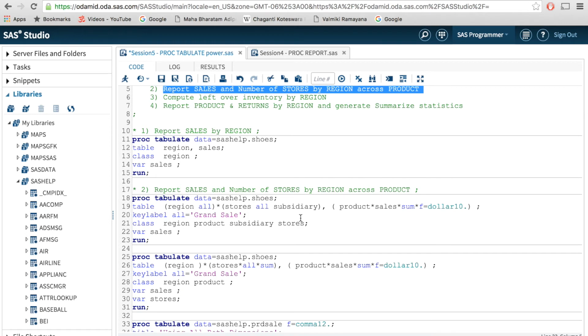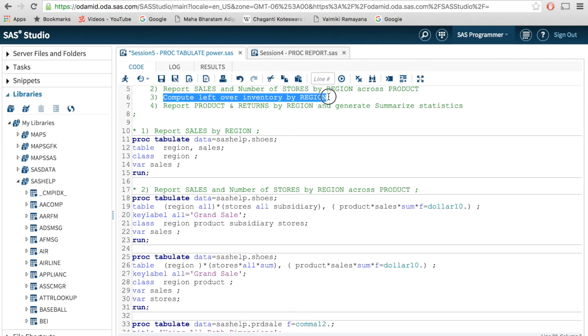We don't need all these subsidiary stores. All these are not required, but they are additional features of PROC TABULATE. Now let us go into the third requirement, which is to compute leftover inventory by region. Till now we have seen the additional benefits of PROC TABULATE, but what I feel is